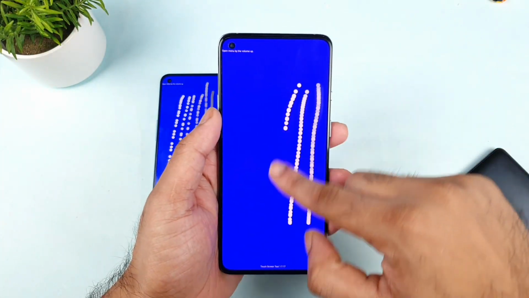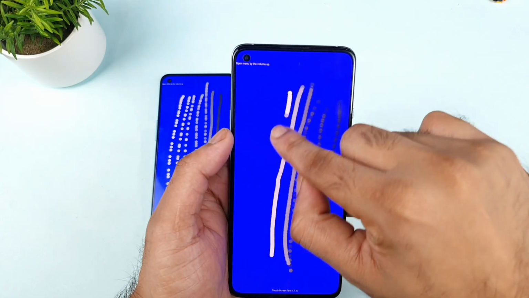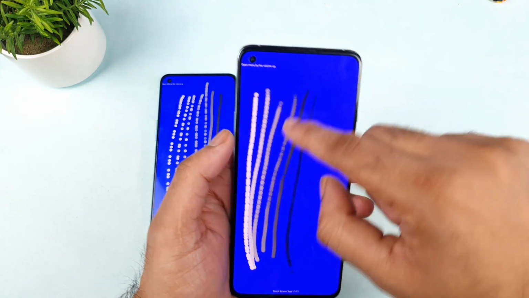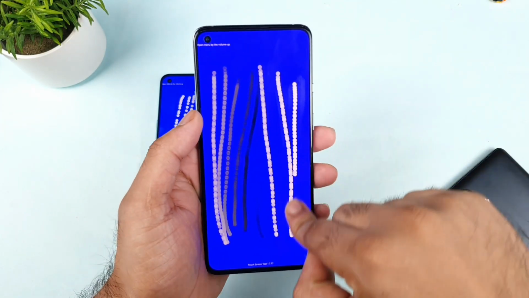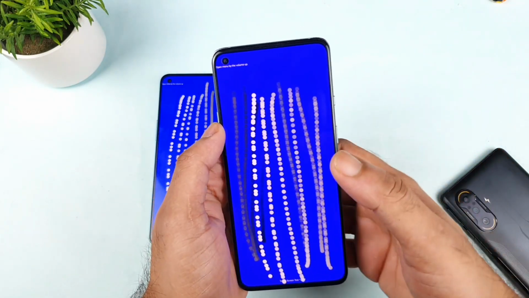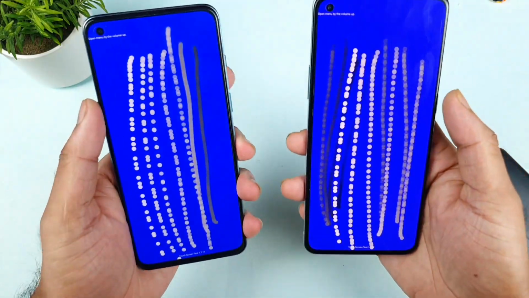I'll do it a little bit slowly, friends. As you can see, a little bit slow, a little bit of speed. I'm trying a little bit more speed. As you can see here, what is happening in this 240 Hz. Even the 240 Hz will represent slightly close, but still, it's more than the 120 Hz.